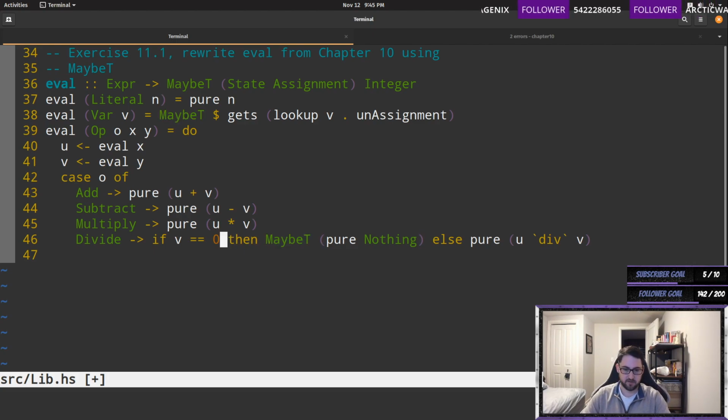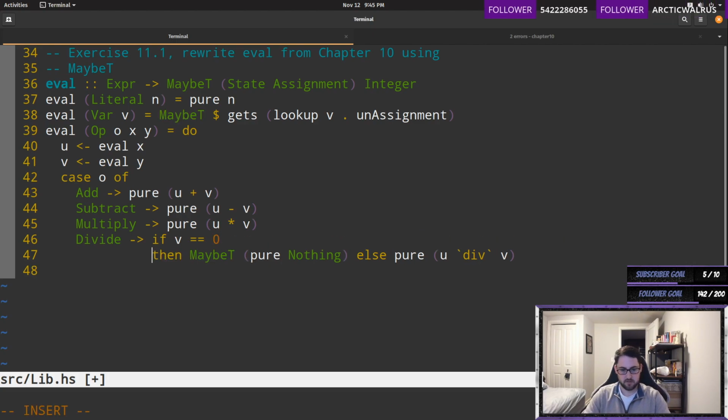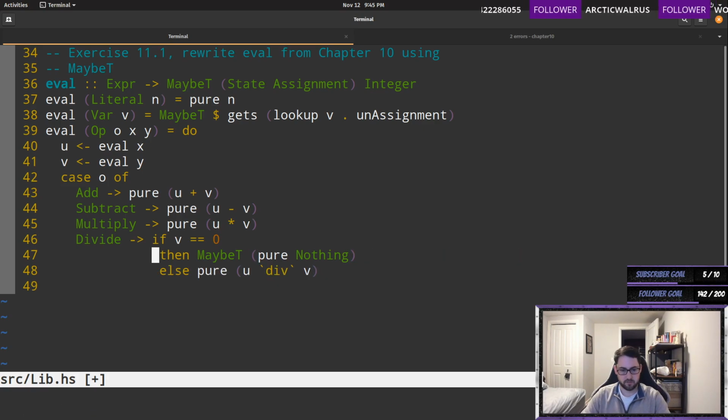It's like a funny thing to write, I feel like. Man, this is actually pretty awesome. I find this really tricky right now, but